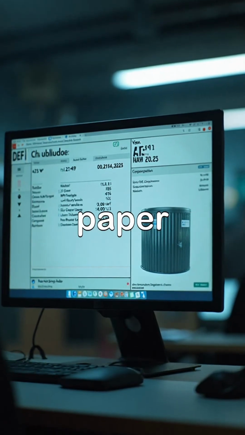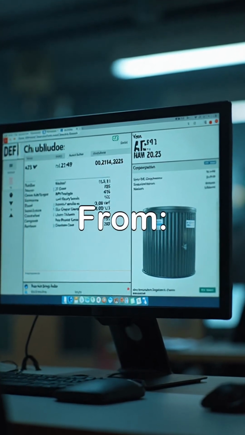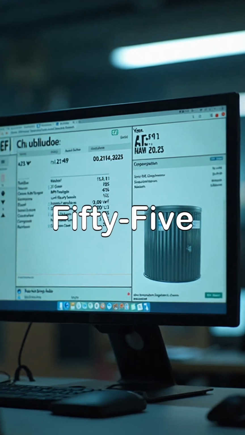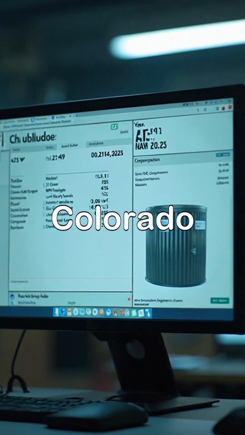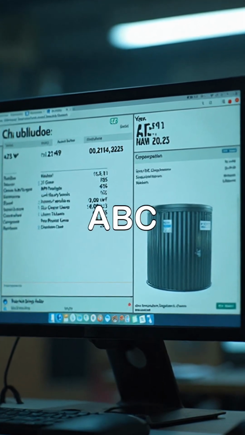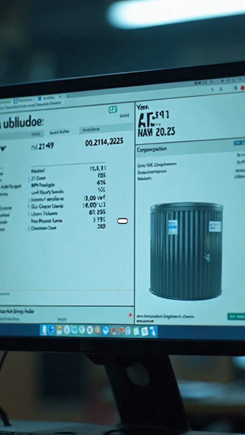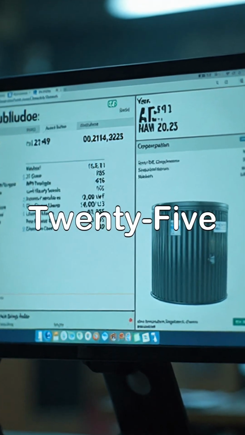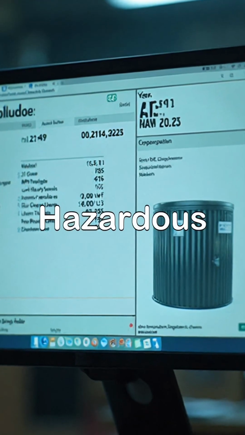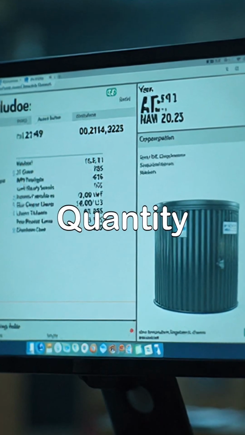This is a shipping paper for hazardous material, from DF Corporation, 55 Mountain Street, Nowhere, Colorado, to ABC Corporation, 88 Valley Street, Anywhere, Virginia. Quantity, 1 cylinder, 25 pounds. Hazardous materials, reportable quantity.